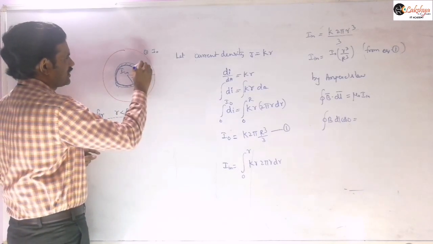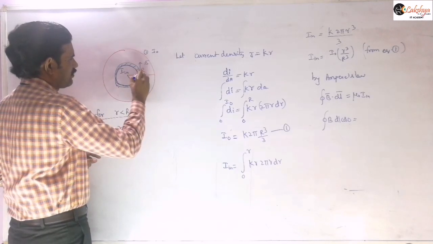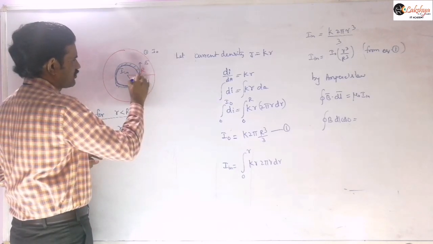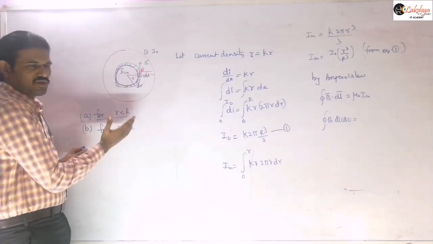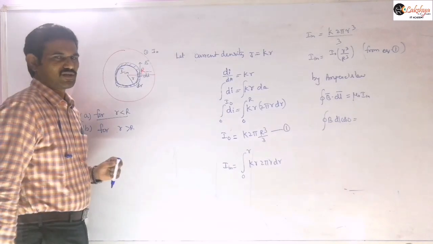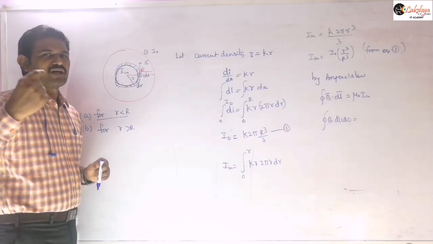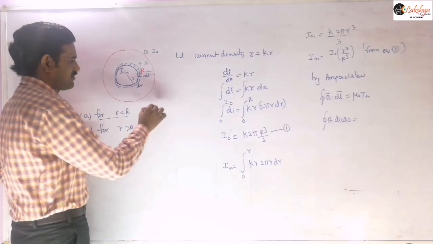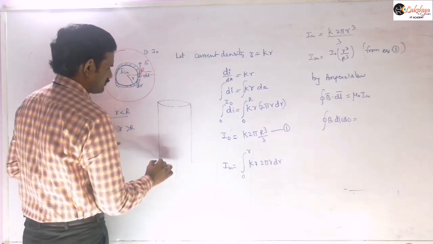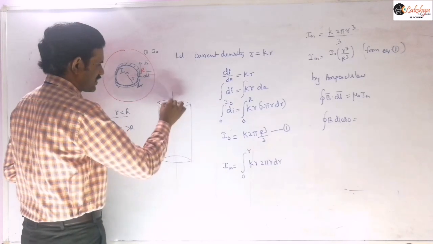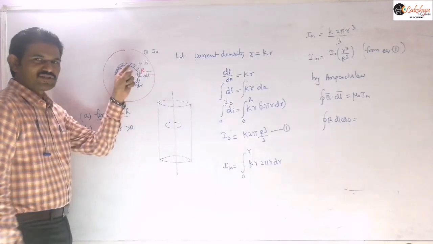Then you may consider that B and dl will be along the same direction. If you take a small element here, the magnetic field will be in the same direction at this point, and dl will also be in the same direction. dl, as I said in the last class, is the length of the path around which we are applying this. Our actual diagram will be like this. It is a cylinder, and I am showing only the cross section here. So we are taking this Amperian loop like this, and this will be the situation.